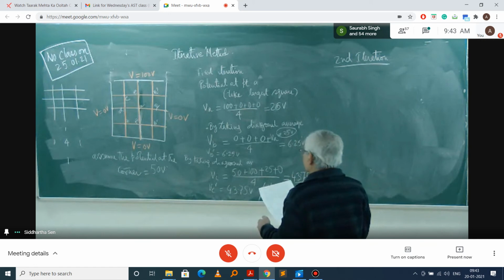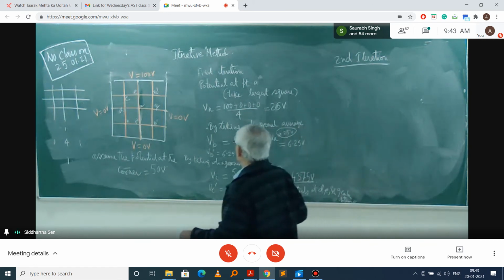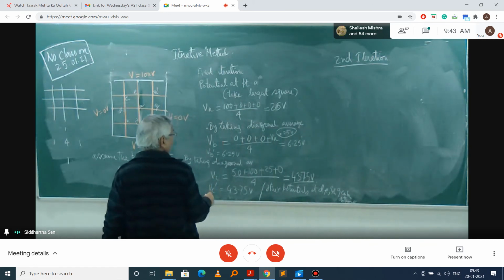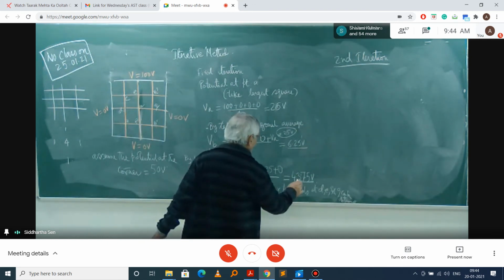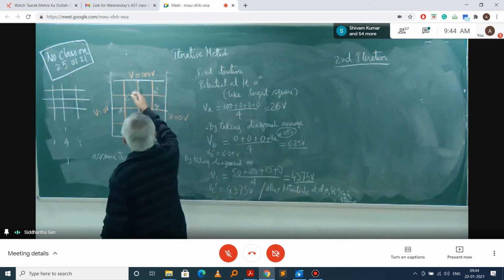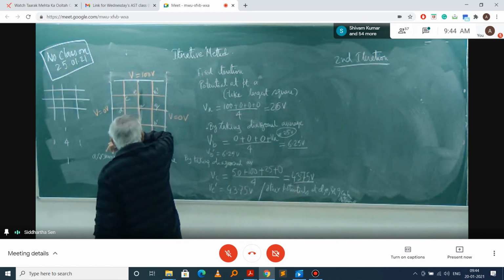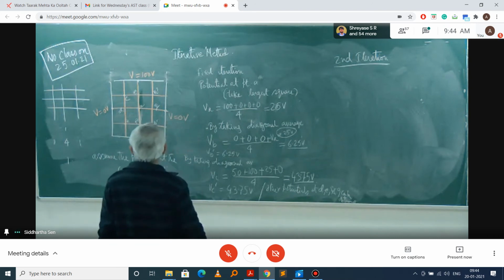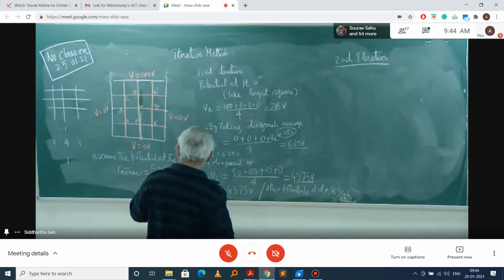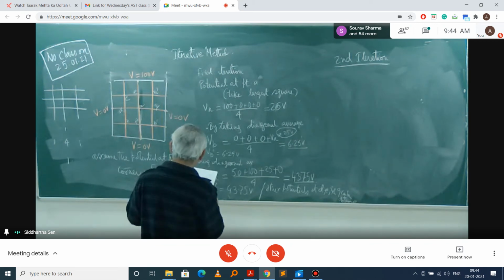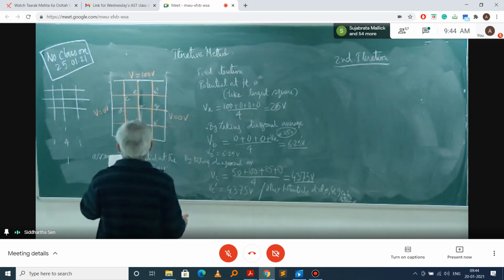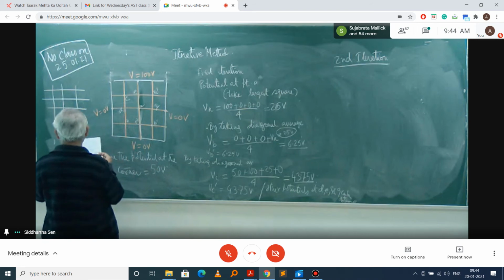Okay. So second iteration means we see what we have done wrong is basically calculating this one and this one, because we have taken assumptions by taking it diagonally there. So what we can do is I will just put the values there, then it would be easier for me.